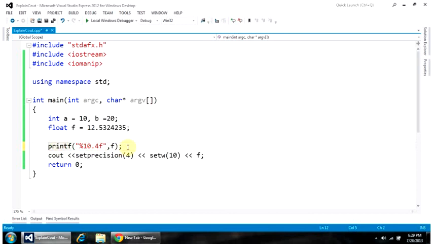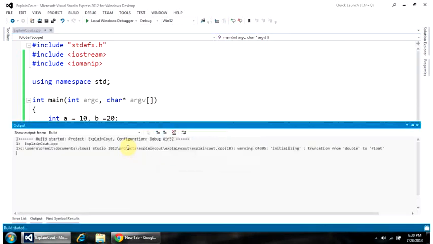Now you can also print, say you have %d, and I'm saying its width is 5, but whenever there are no numbers, use 0 as a filler. Now when you run this code, and again I need to comment out these cout lines, I can see my output properly.